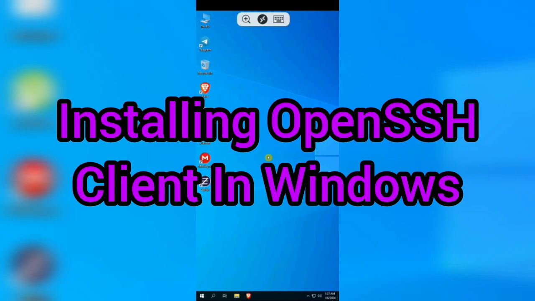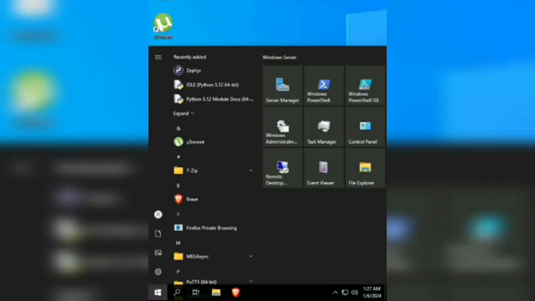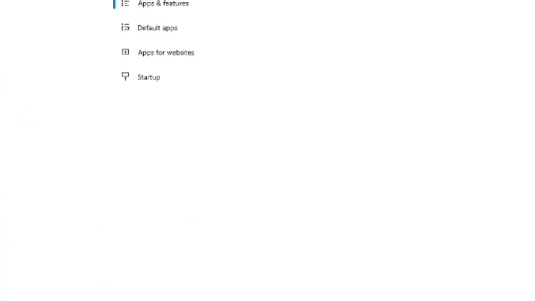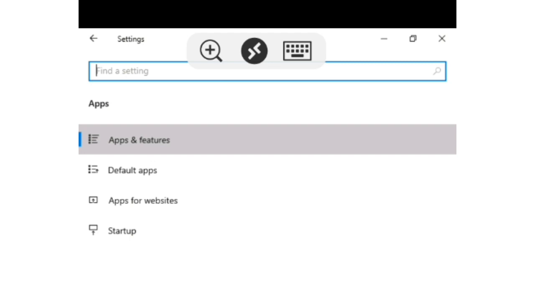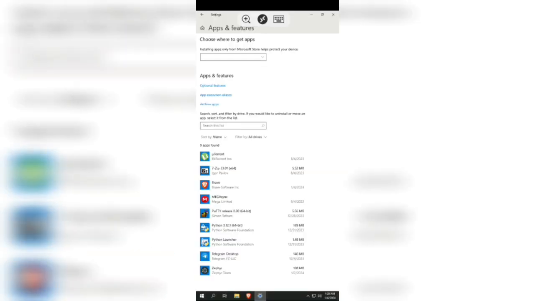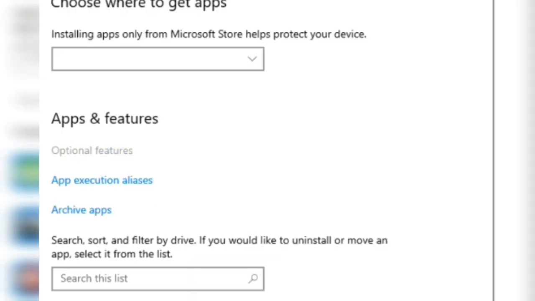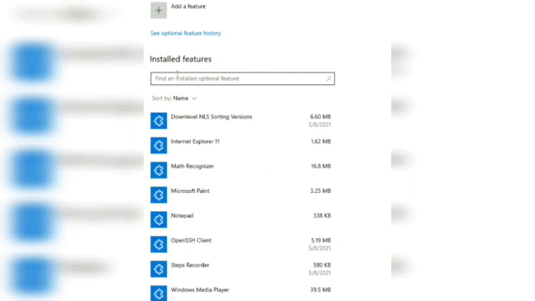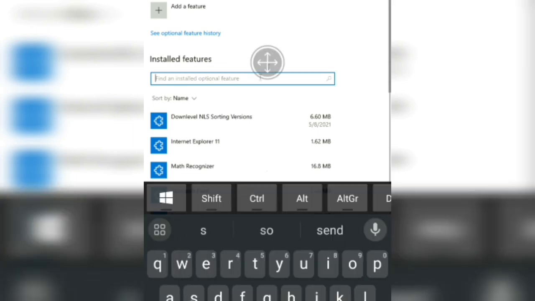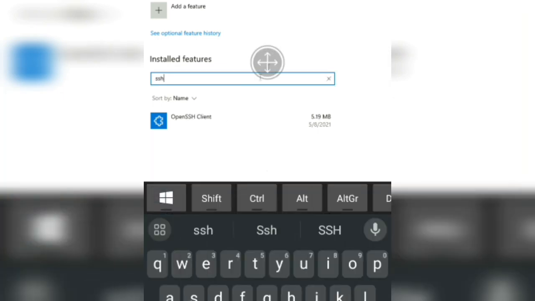Installing OpenSSH client in Windows. Click on Start menu. Click on gear icon to go to Settings. Click on Apps. Click on Apps and Features. Click on Optional Features. If OpenSSH client is already installed, you can see it here.